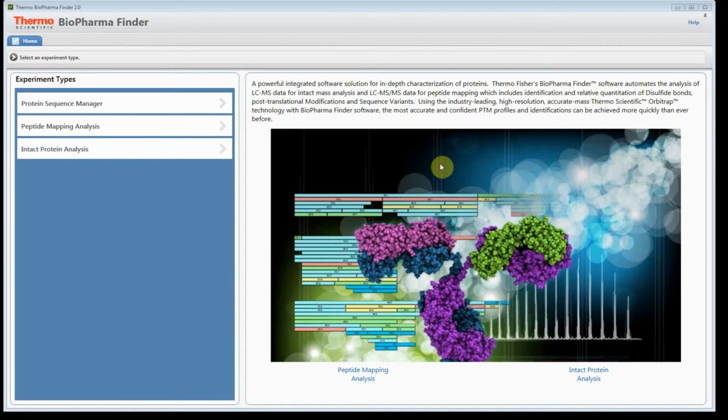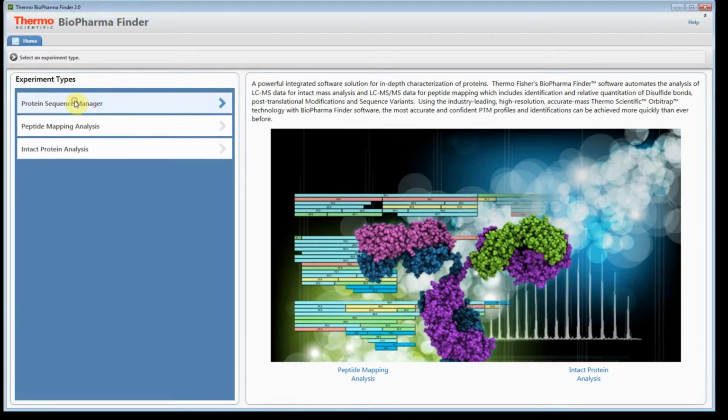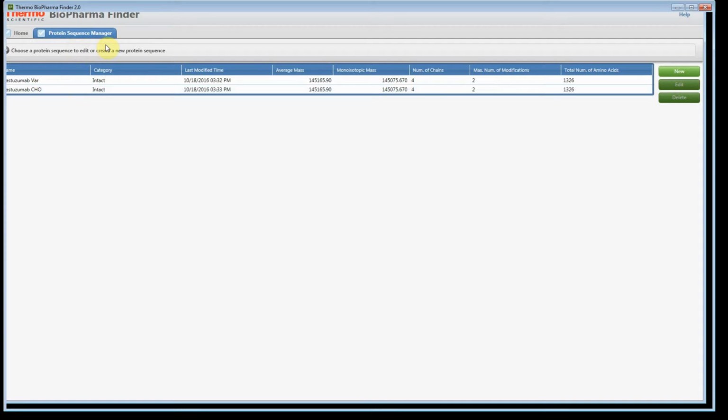In this example, I'm going to show you how to process subunit analysis data using the Intact workflow. So here's the BioPharma Finder 2.0 homepage. So we're going to go to the protein sequence manager, and I already have the Intact full molecule in the